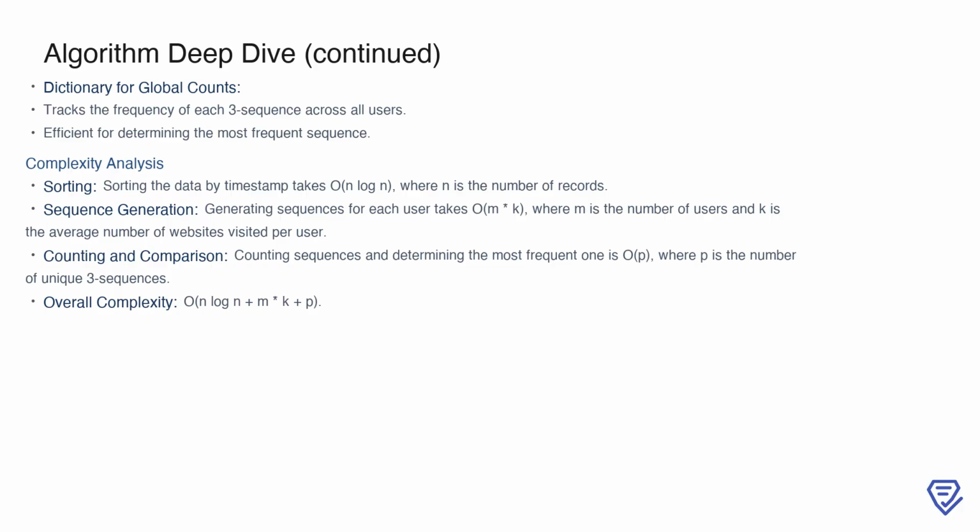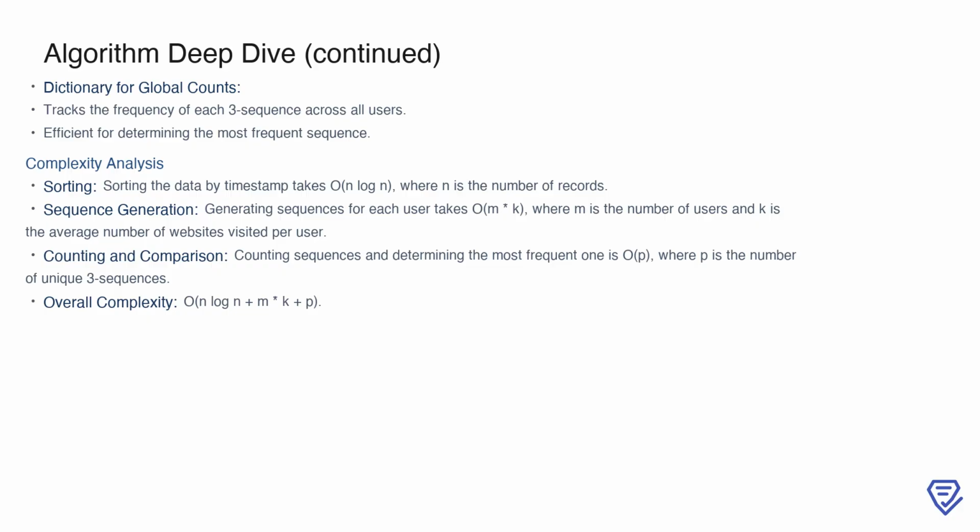sequence. As for the algorithm's complexity, sorting the data by timestamp takes n log n, where n is the total number of records. Generating sequences for each user takes m*k, where m is the number of users and k is the average number of websites visited per user. Counting the sequences and identifying the most frequent one takes p, where p is the number of unique sequences. Combining these, the overall time complexity of the algorithm is n log n plus m*k plus p, ensuring it is